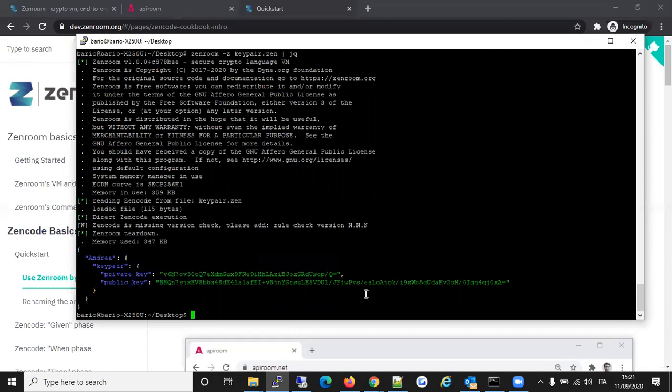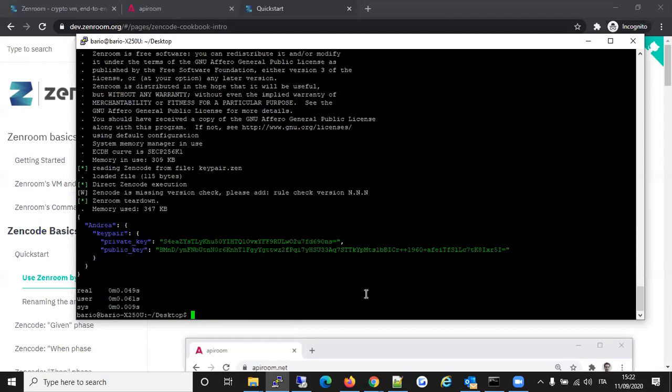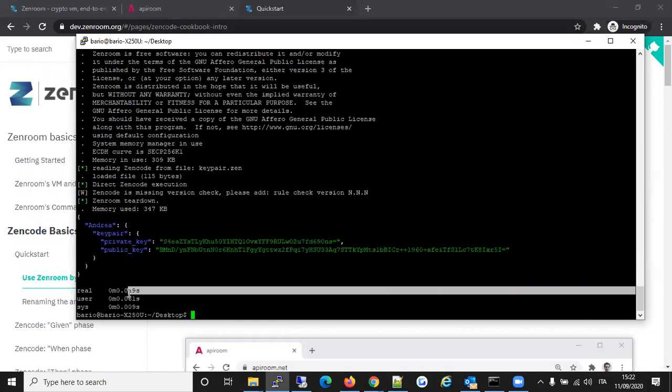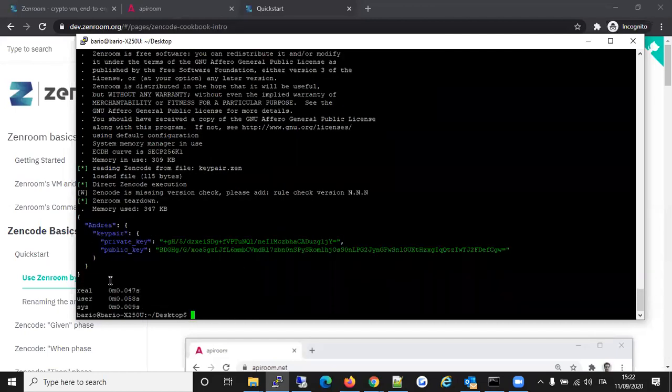We can also see how long it took to do all of this. Yeah, here we go. So the generation lasted around 0.05 seconds. If I try again, yeah, it's pretty consistent. Okay, so here I gave you a very quick demo of Zenroom as a command line tool, which is the